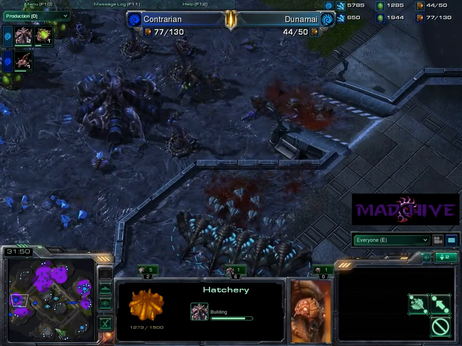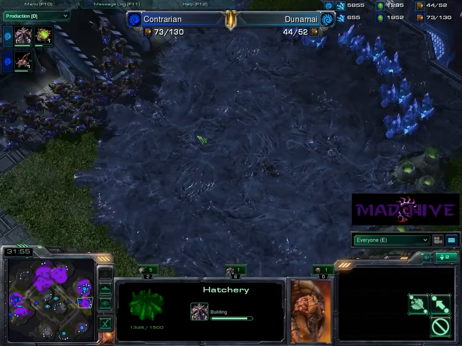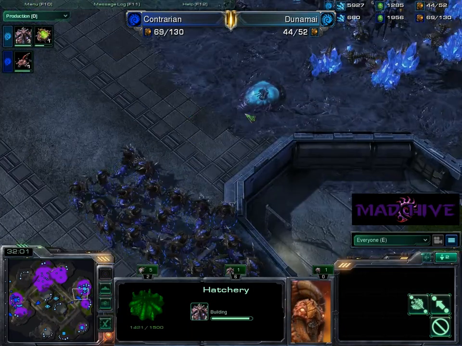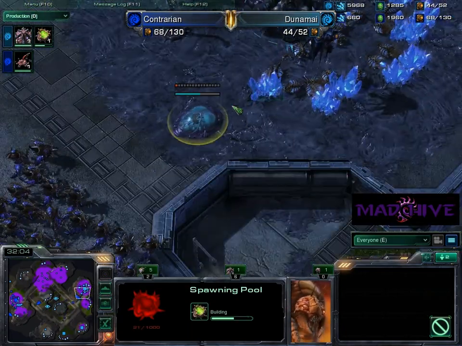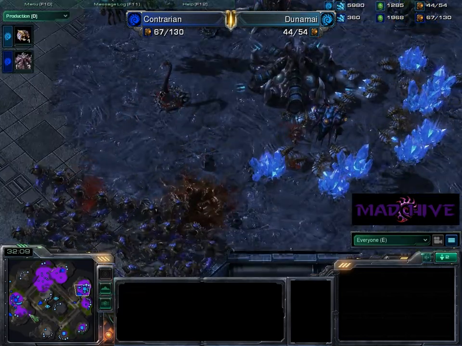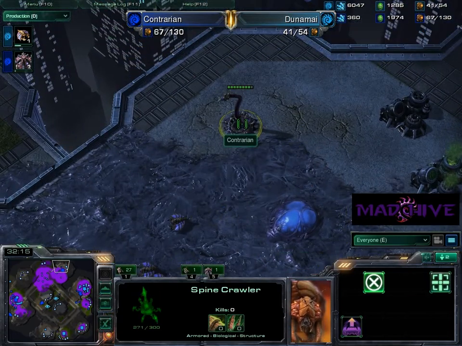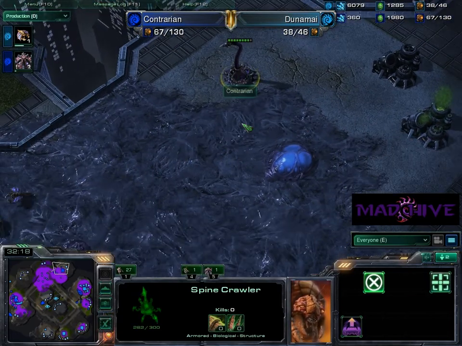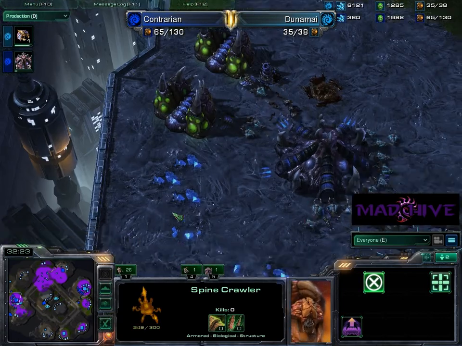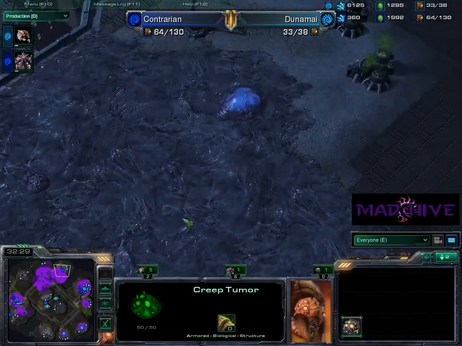And now it's just gonna be a matter of, can he build enough hatcheries to keep ahead in this base race? Oh, he did take... When did he take this one out? I actually absolutely missed that when that one went down. Yeah, and I didn't even try to save that spawning pool. Oh, and Contrarian's gonna throw a hatchery down here. You realize that this spine crawler is losing health. This is going to be unfortunate, although Contrarian can, or Dunamai...